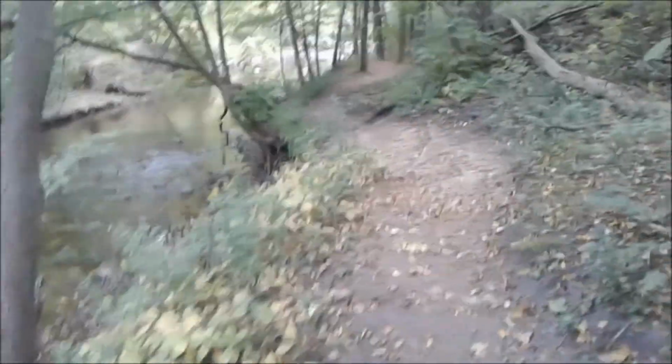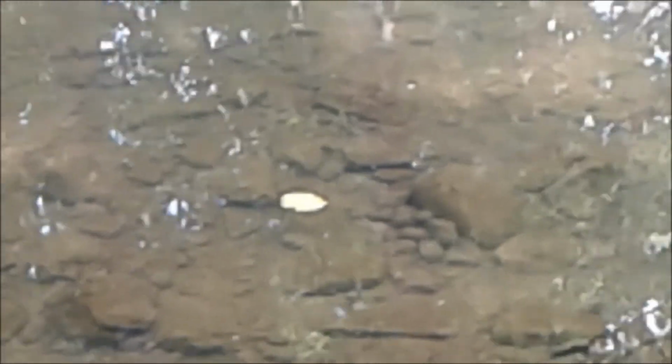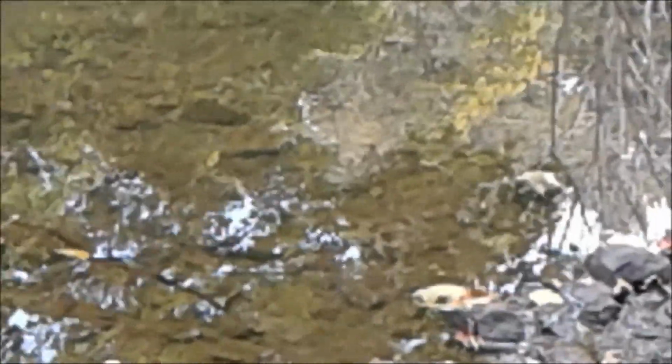So as you can see, the amount of water flow here is really down, contributing to less flow and stagnant water. All right, keep going. And get an idea here about the water flow. We got that leaf floating, it's barely moving along, and it keeps slowing down the closer we get to the